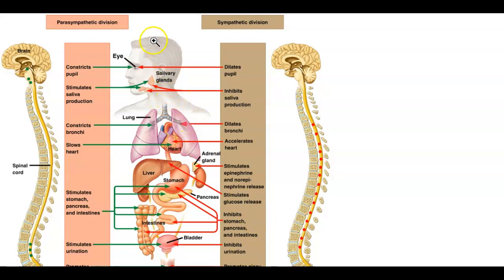So when we see the parasympathetic system, it will constrict your pupils for rest and relaxation, versus the sympathetic system, fight or flight, where your pupils are dilated. When you are taking opiates, opiates are going to constrict your pupils. When you're on amphetamines, you're going to have dilated pupils.